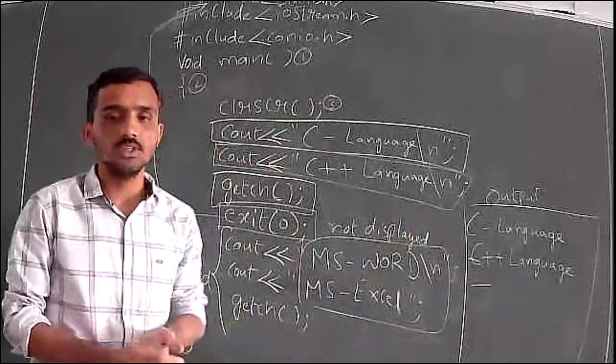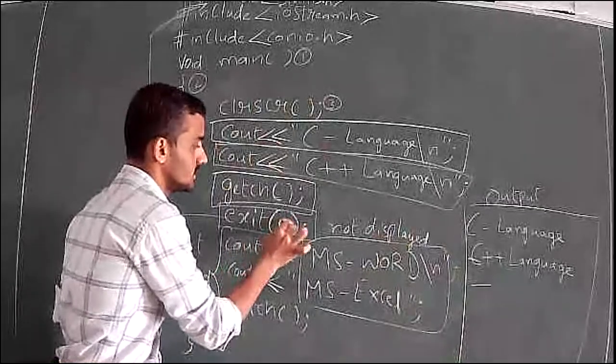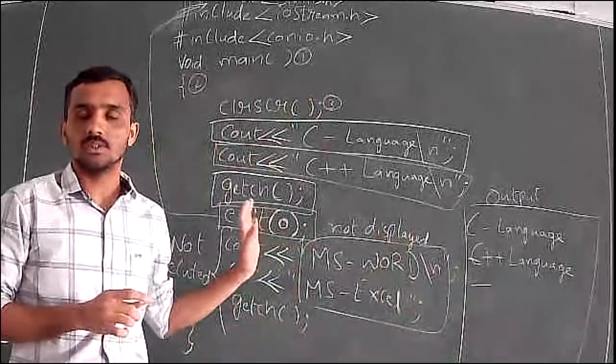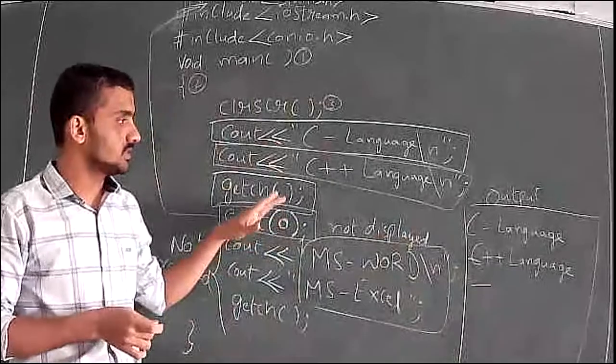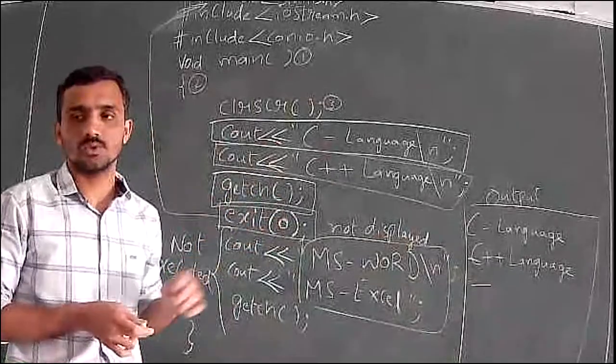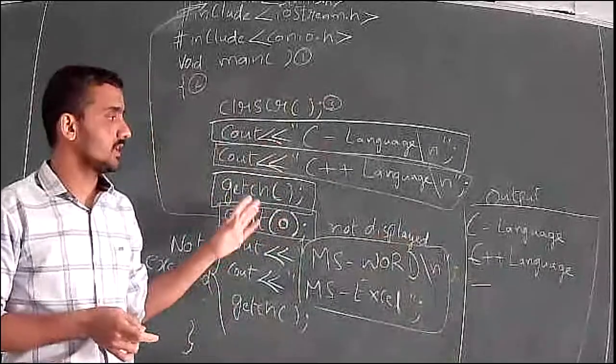Okay. I used digit 0 here. I will tell you when we discuss functions. If you have any doubts in this program, you can ask me. Tomorrow we will see the execution. So you can take a screenshot of this.